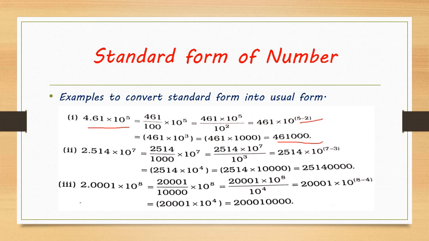Similarly, when you have 10 to the power 7, just multiply it. You have written 514 divided by 1000, and here we have 7 zeros and here we have 3 zeros. Out of 7, 3 zeros are cancelled. What is left? That is 4 zeros. Now these 4 zeros are added here. So you have to write 2514000. This is also the simplest way. Okay, so you can do it in a simple way.